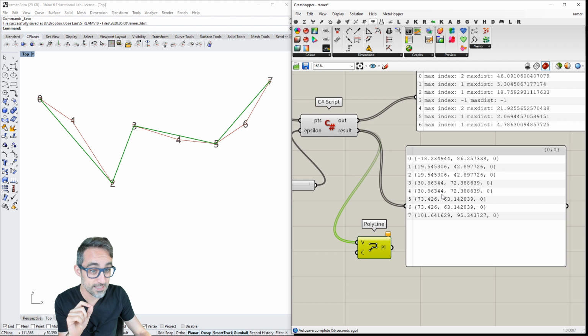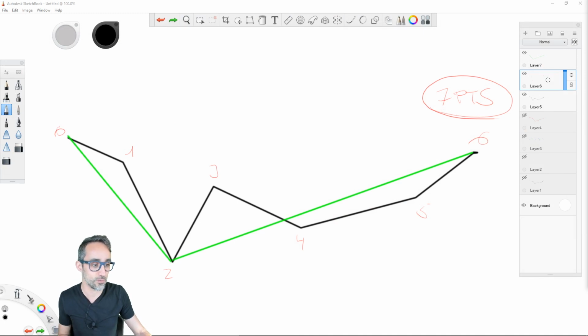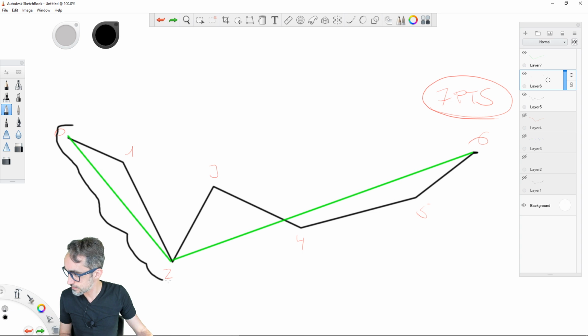What this means is that if you look at the list of vertices, we're actually outputting a lot of duplicate vertices. That means that vertex number 2, this one, is duplicate, vertex number 3 is duplicate, and number 5 is also duplicate. Why does this happen? Well, if you remember, what we just did was, I'm going to take this segment here and I'm going to simplify it.